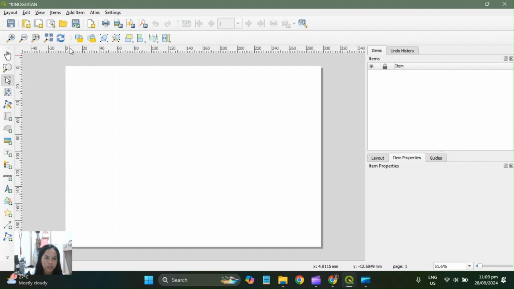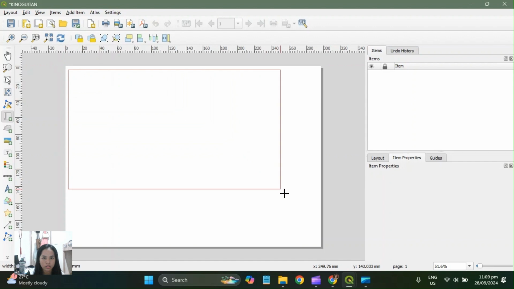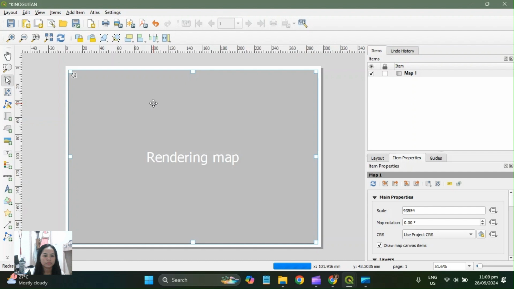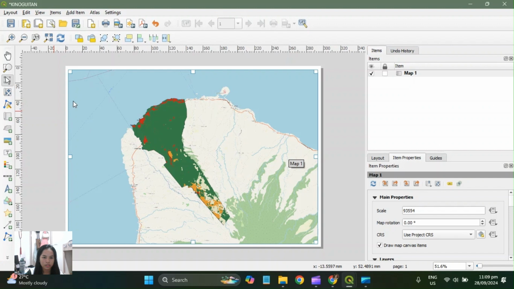And then here, we need to click add item, add map, and then we are going to drag the size of the map. It depends on you, what will be your map size. Here, as you can see it.